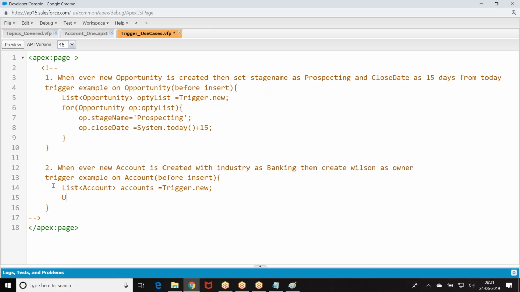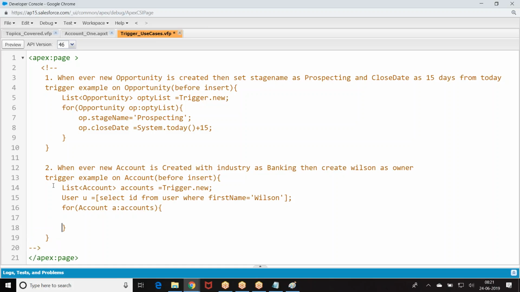Then, a dot industry, what I was supposed to do, if a dot industry is